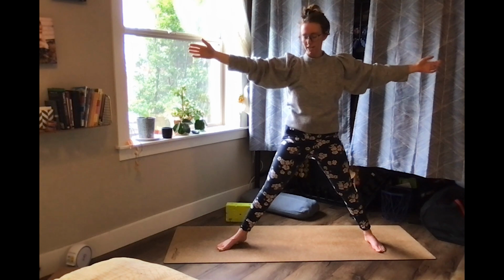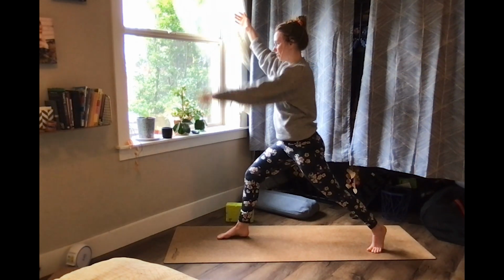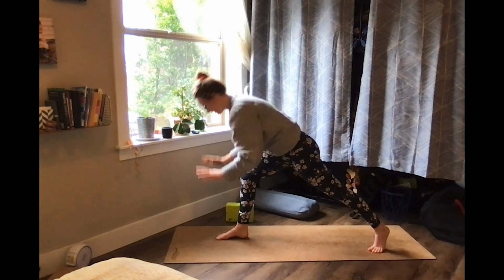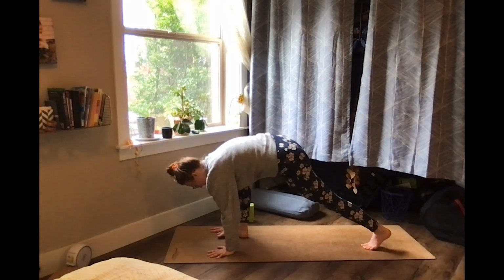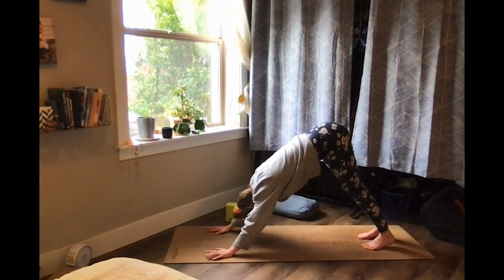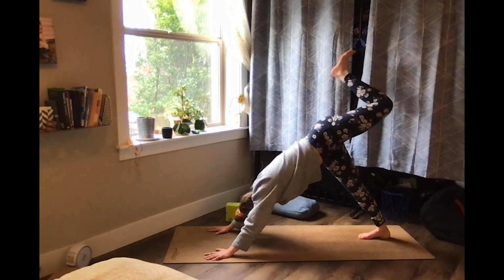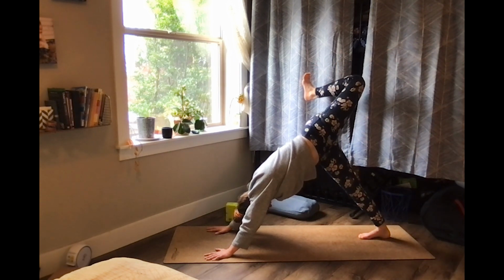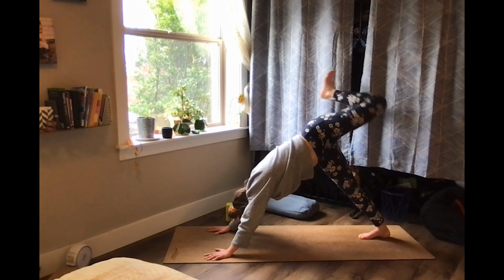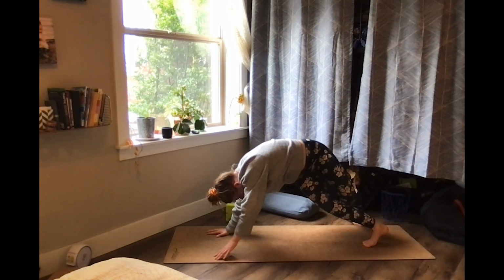Beautiful. Pivoting on those front toes, coming back all the way through your high lunge. Exhale, folding down. We're going to skip our vinyasa here. Step back straight to downward facing dog. Inhale, sweep the left leg up high. Bend the left knee, stack the left hips over the right hip. And bend at the right knee as you lower the left foot back down for your Wild Thing, which is